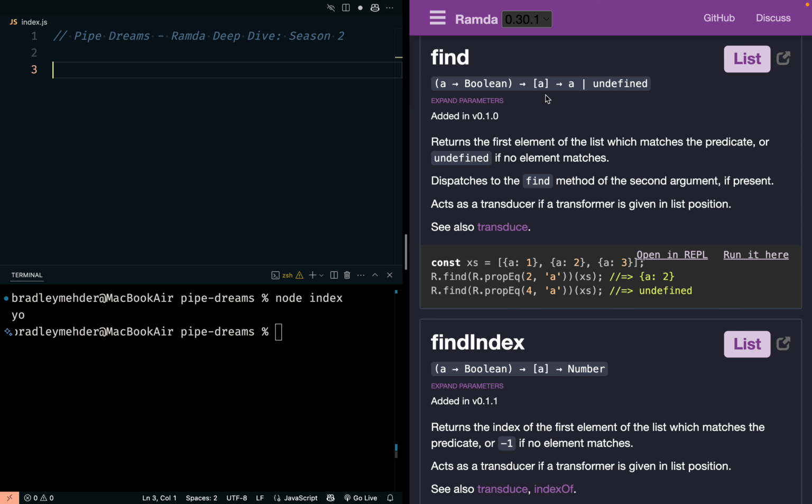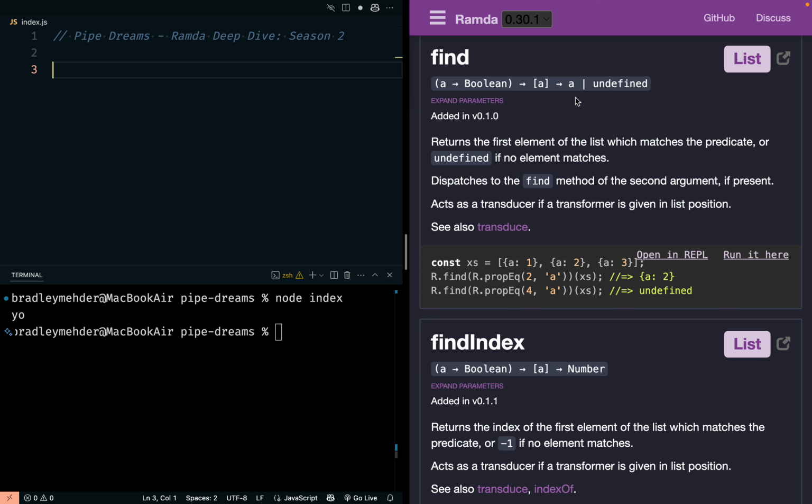Now, the thing that's cool about Ramda is it seems to treat strings like arrays of characters. I'm not sure if that's completely true all the time, but we'll try it out with a list and we'll try it out with a string and see what we get.